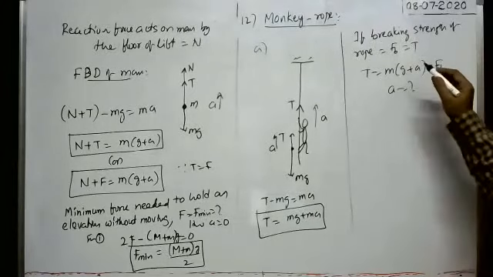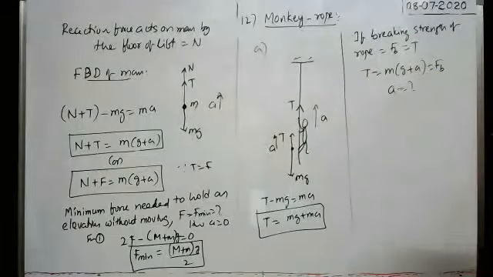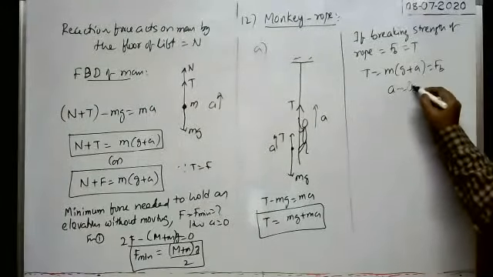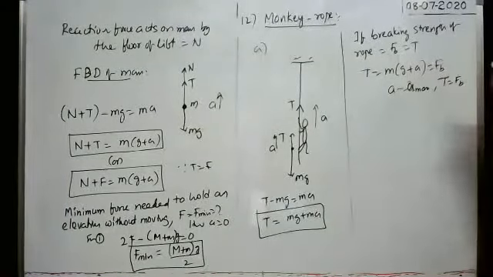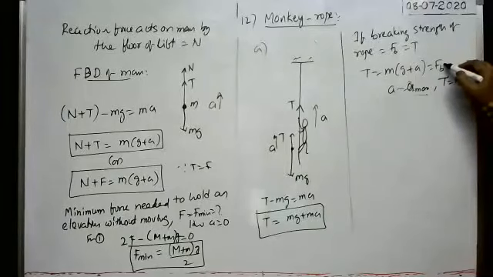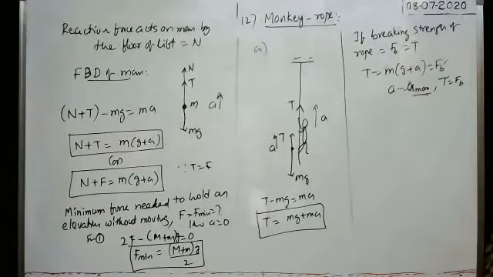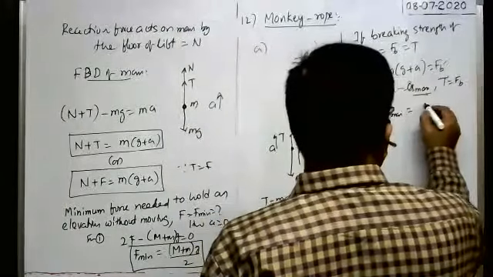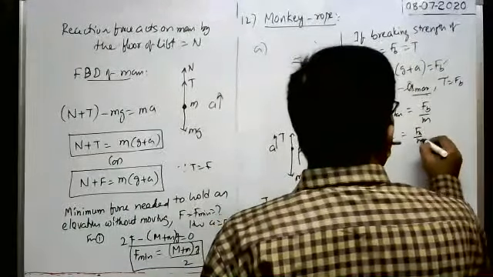Now in this case, what is the maximum acceleration with which the monkey can climb? From this you have to find the maximum acceleration. For A equal to A max, tension T is equal to breaking strength. If tension is equal to breaking strength, then the acceleration is equal to maximum acceleration. We can calculate because you will be given Fb, m and g we know, then we can calculate maximum acceleration. Of course from this you tell me what is the maximum acceleration. T is Fb, so m(g plus A max) is equal to Fb, or A max is equal to Fb by m minus g.